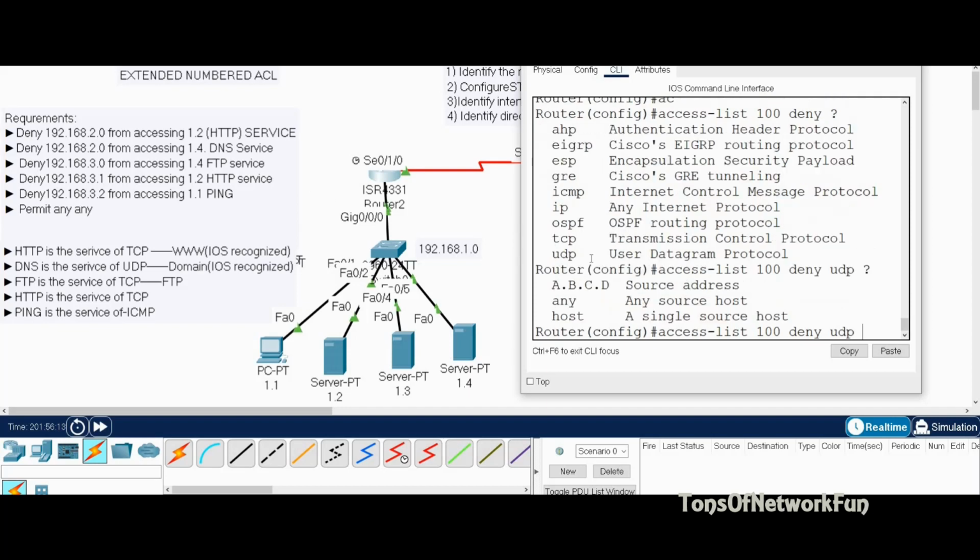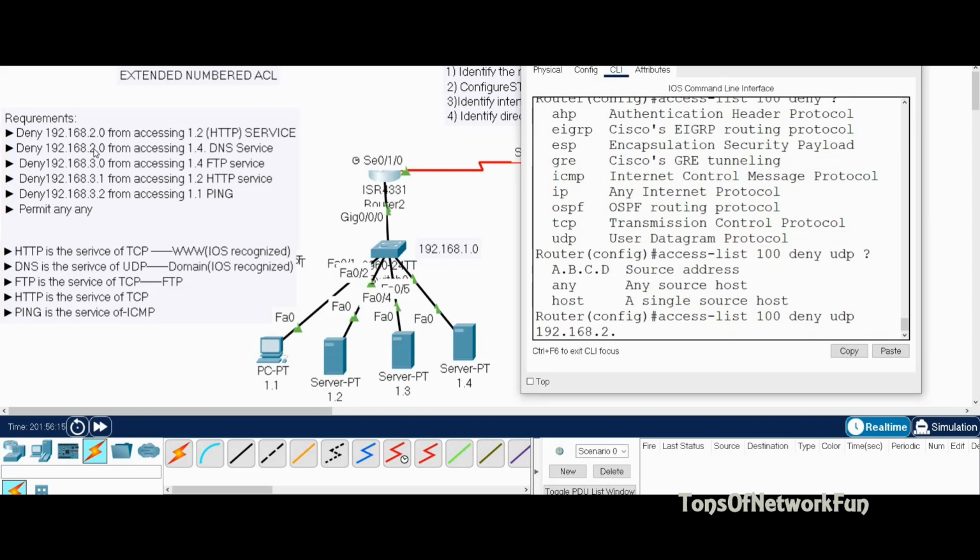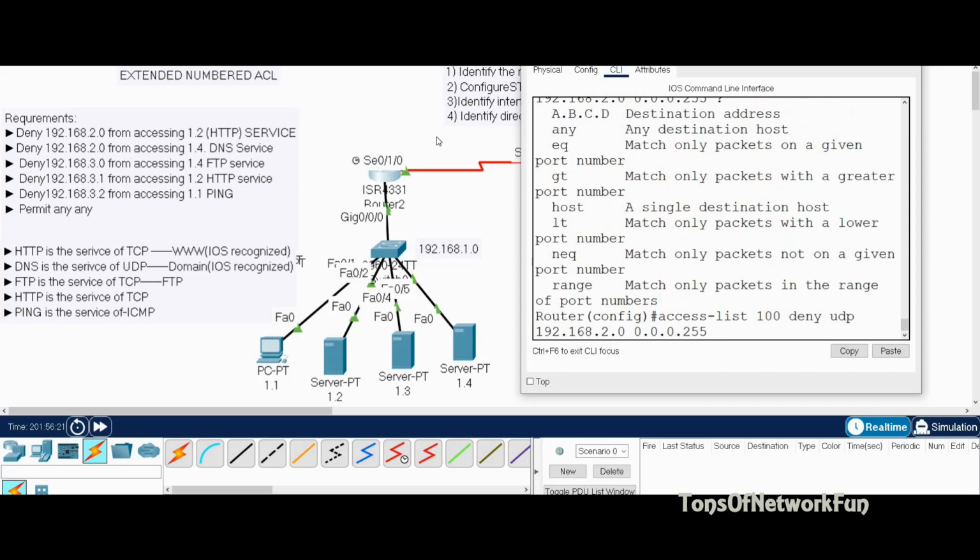and if I put a question mark, it's asking for a source. Our source is again the 2.0 network, so it would be 192.168.2.0, and it would be 0.0.0.255, which is the wildcard bits. If I put a question mark again, it's going to ask me the destination address. The destination address is 1.4, so I need to say host